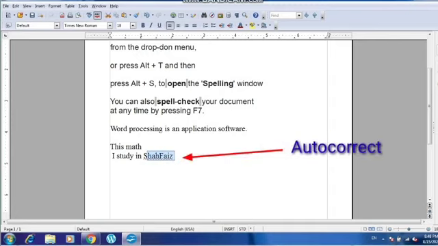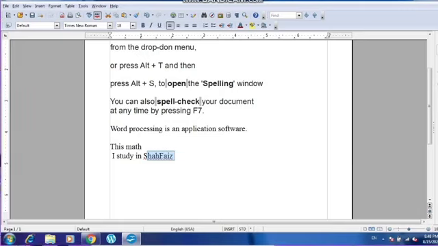So students, I have told you how you can do a spell check by the auto spell check feature, and you can go to the tools menu also and check the spelling of your entire document after writing it. And also you can use the autocorrect feature of the spell check, which is very helpful if you forget or if you make a mistake writing a particular word every time. So you can add it to the autocorrect feature, and it automatically corrects the text inside your document whatever you write wrong every time.